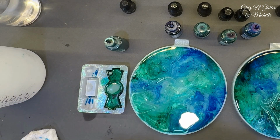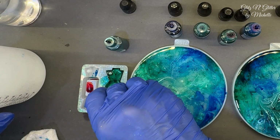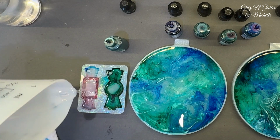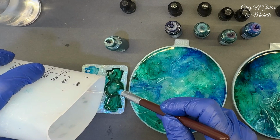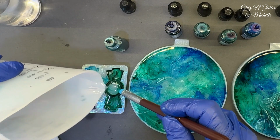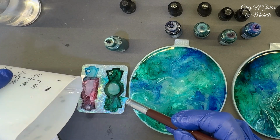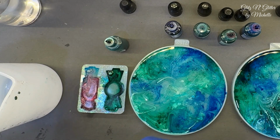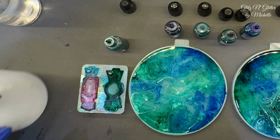Oh, that one's not open. Of course, I always grab ones that are not open. Maybe a little white. Whoops, a little more white, I guess. That's two. I'm gonna just go in and help it. This one needs a little bit more. And this one too. Oops, let me help this one before I do that. Okay, now